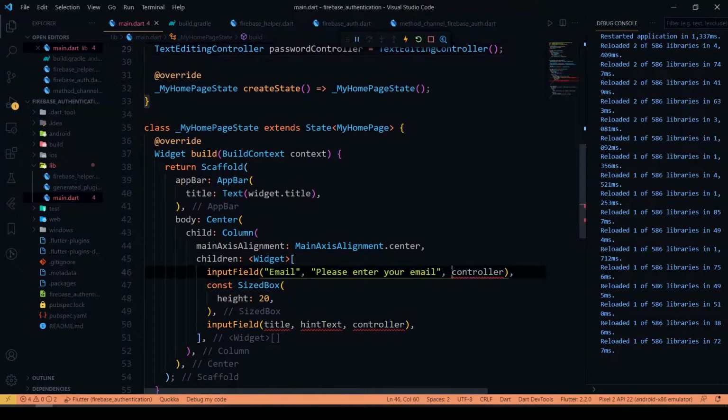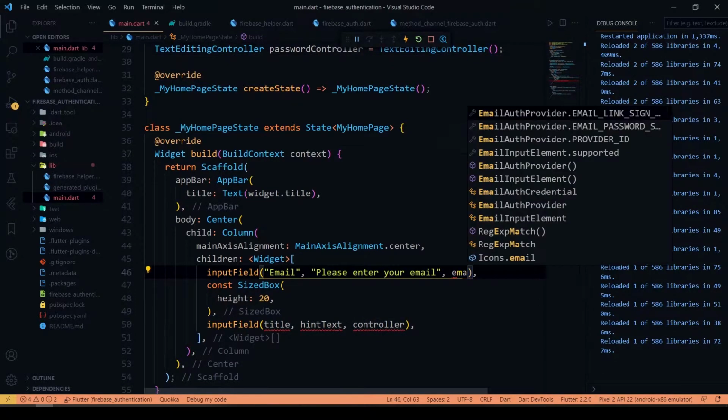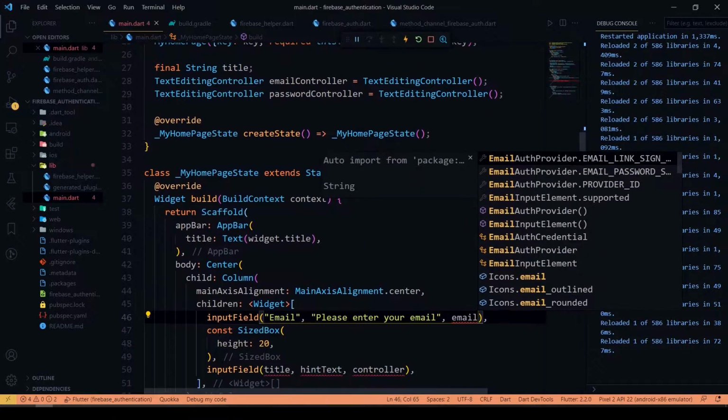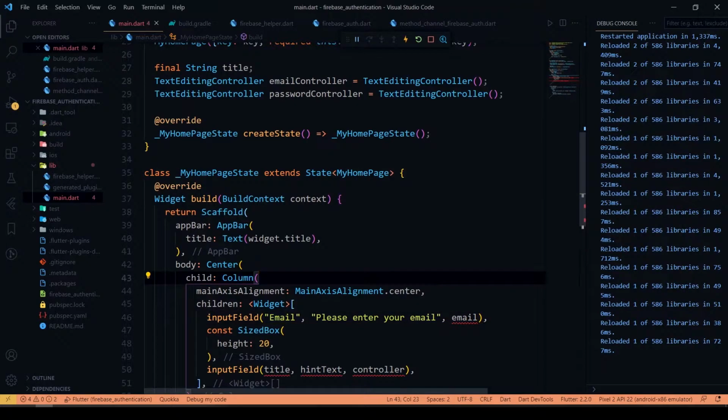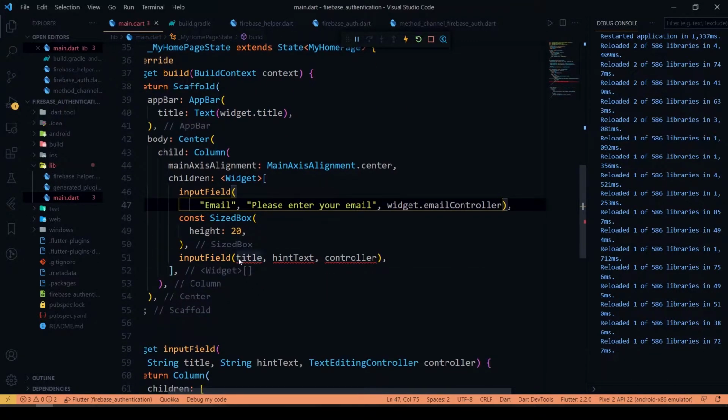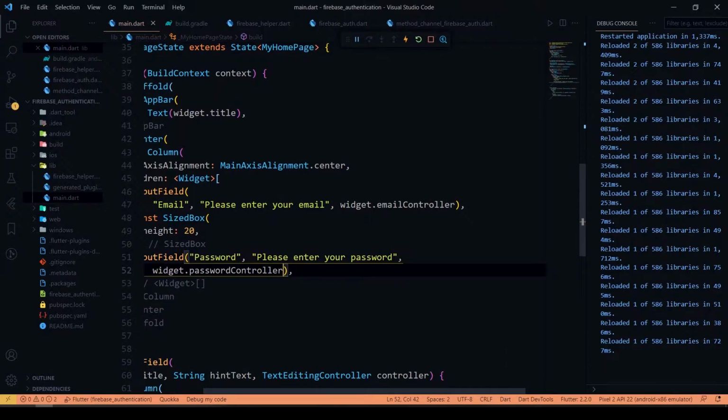I'm going to pass it here. The first one is the email thing, so just pass email controller here. Likewise, we'll change this to password. Please enter your password. We'll pass password controller.